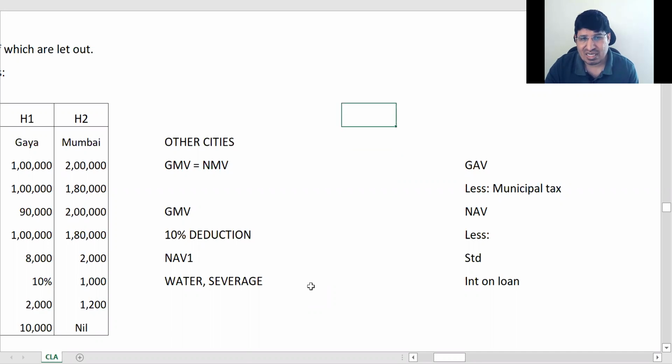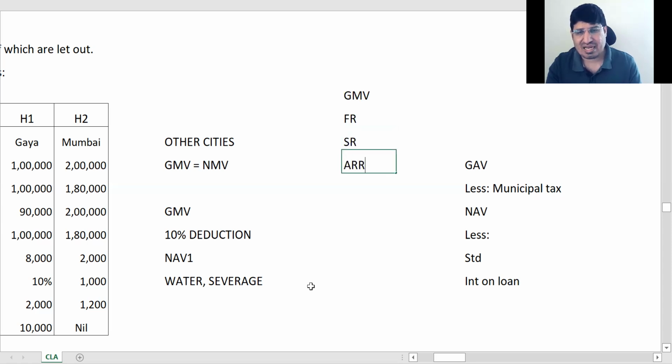अब यहाँ बात ये हो गई है कि जब आप ये जीएवी कैलकुलेट करते हो, तब आप ये ग्रॉस ही लेते हो, देन यू विल टेक ऑल ग्रॉस म्युनिसिपल वैल्यू, फेयर रेंट, स्टैंडर्ड रेंट, ठीक है, और एआरआर माइनस यूआर, ठीक है, इसको हम यूज करेंगे।